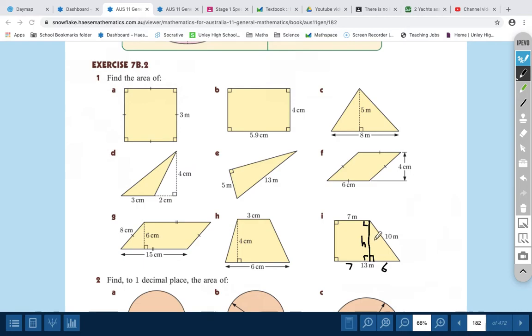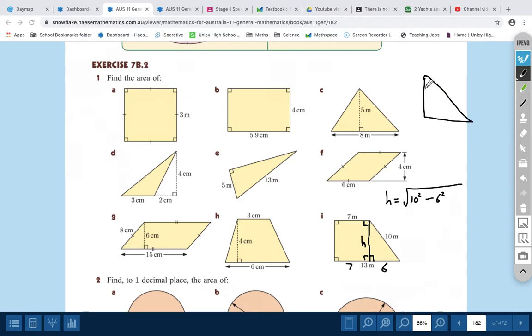All right, well, that height equals, well, should we write it out in full or should we go straight to the answer? It equals 10 squared minus 6 squared. All right, now what I'm doing there